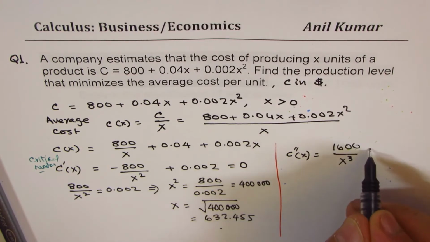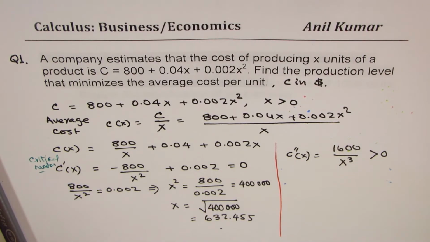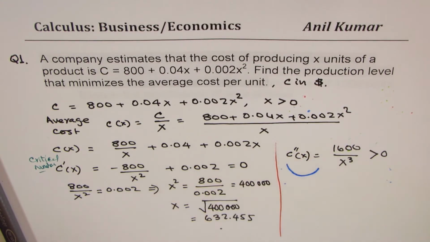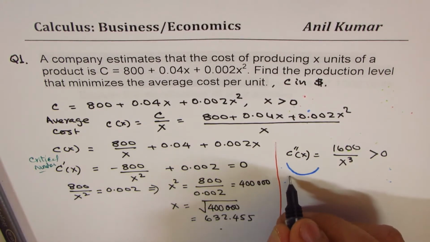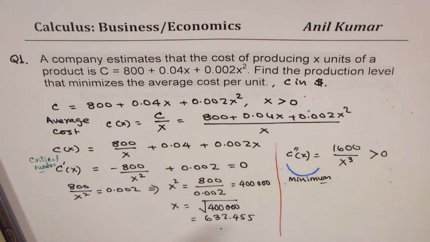Now this number is greater than 0. And since the second derivative is greater than 0, we are expecting a concave up type of graph, right? So that means we have a minimum, correct? So that is how we can show that it is minimum. And therefore, our answer is